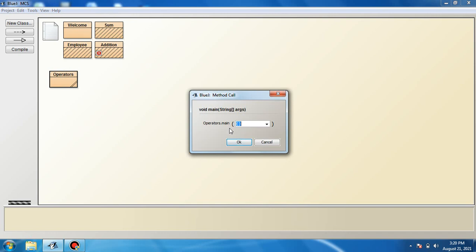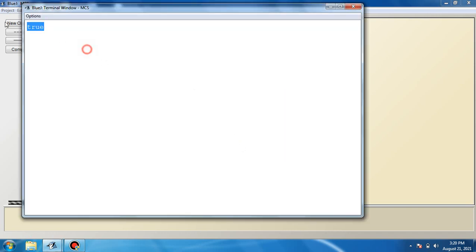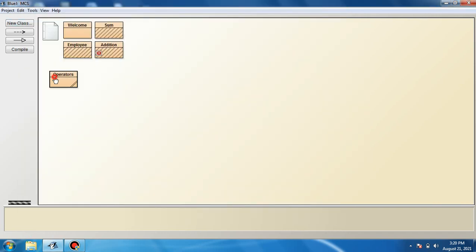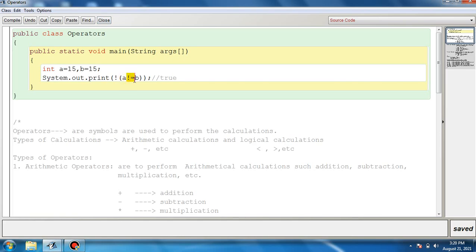So in this case it will print true on the output terminal, but remember this, this relational operator is resulting in false value, and because outside it we have used the logical NOT, it converts it to true.